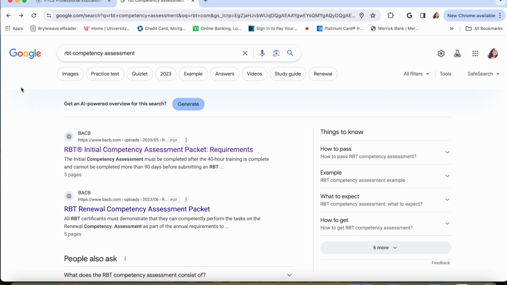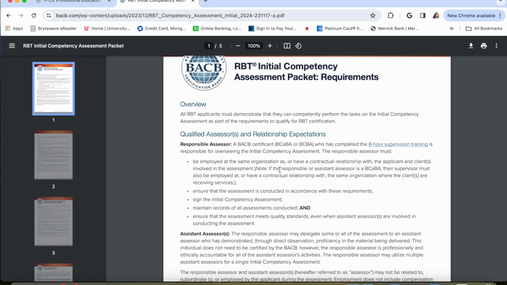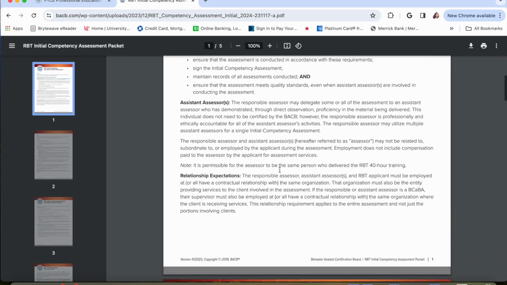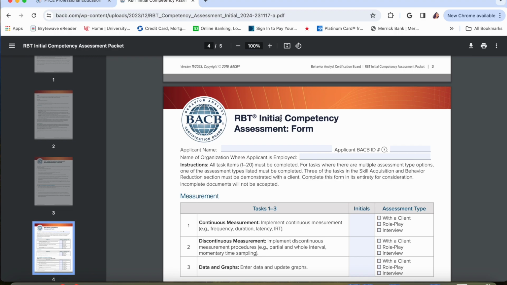Let's get started. To find out what you need to study from for your RBT competency assessment, you're going to choose your web browser and then go to a search engine. This is Google. On Google, you can type in RBT Competency Assessment, and you're going to click on the first link. It's going to take you to this PDF, and it might not look like it has what you need to study at first glance, but if you continue scrolling down, you're going to see the competency assessment